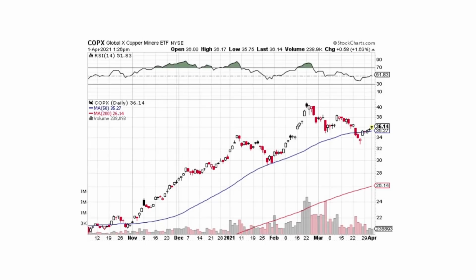This is a different one. We're switching gears to copper. This is Global X Copper Miners. You can see that right here we had a step change. Look for the large candlesticks. Look for the momentum changes. Momentum change. Boom, hit on its head. Comes down. Came back up. No answer by the buyers. Boom, comes back down. We're coming back up. We're fighting. Boom, comes back down. But now this could